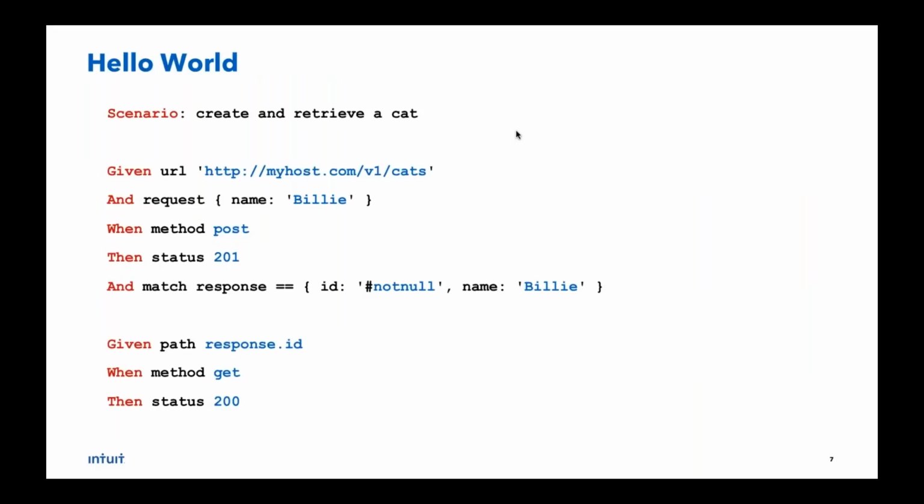So here's the hello world example that we use for karate. And you can immediately see this is not Java. This is not any programming language that you might be used to. Those of you who have used Cucumber can immediately pick out the given, when, then, and happening on the extreme left, the first word of each line. But once you get into the details, you can notice JSON is native to the syntax.